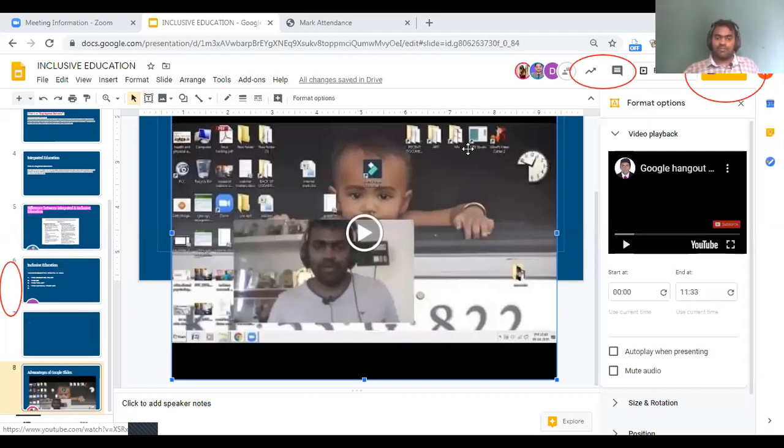Sir, if we upload a video in this presentation and we save it as a PDF file, then will the video play by clicking on it? Ma'am, actually you have misunderstood what a PDF is. A PDF is a document only. It is not a presentation. So video can't be played. Can we add the link to the PDF? Will it work? Yeah, that you can do. So when you present from PDF, if you click on that link, the video would be opened in another window.